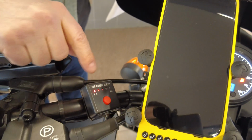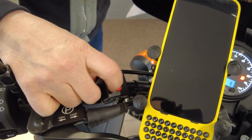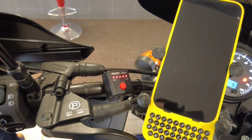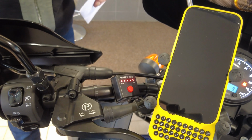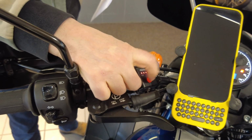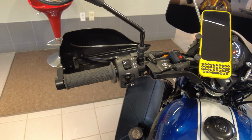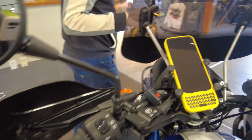So it has 4 or 5 settings, low and 3 in the middle, and it has a high setting. There it is. So very quickly, within like a minute, you're going to start feeling the warmth. Yeah, without gloves, the high setting will cook your hands, uncomfortable. Yeah, I've personally used these before, on multiple bikes. So then we also have the